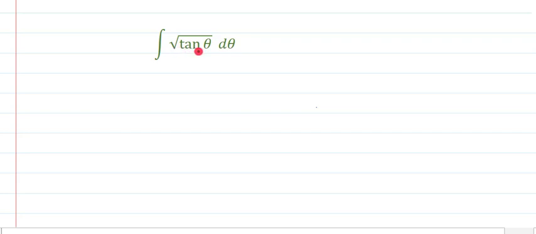So now it is the integration of root tan theta d theta. Initially we can't think what we should do, okay? But one thing we can do is to free this question from the root first of all. So first of all, as I used to do, let me name it as I. Okay. So to free it from the root, let me substitute tan theta is equal to t.